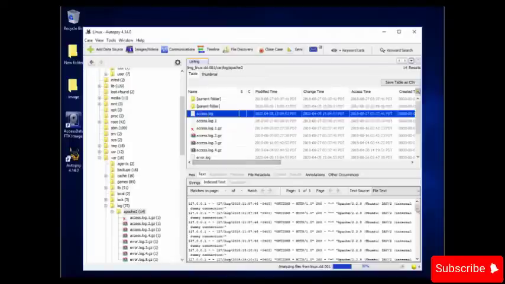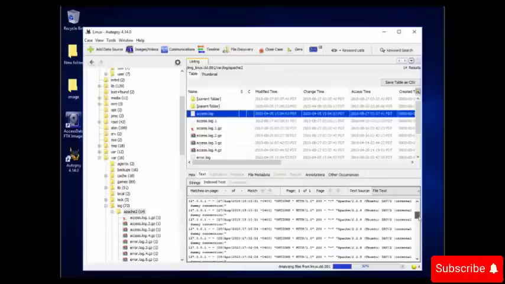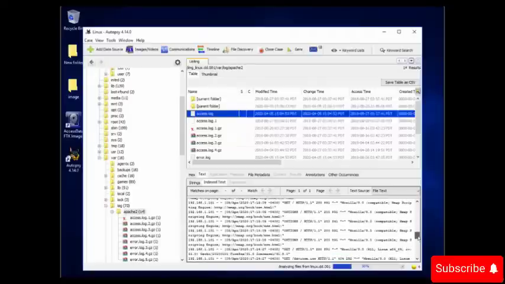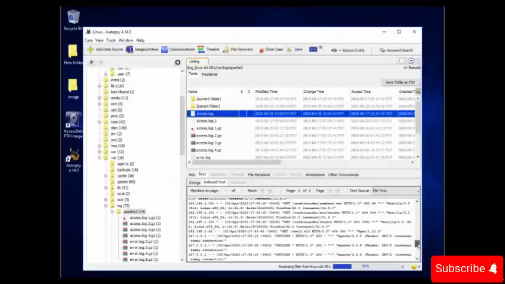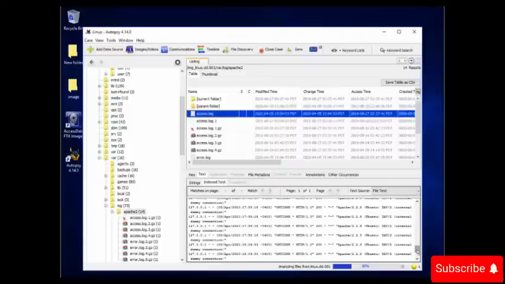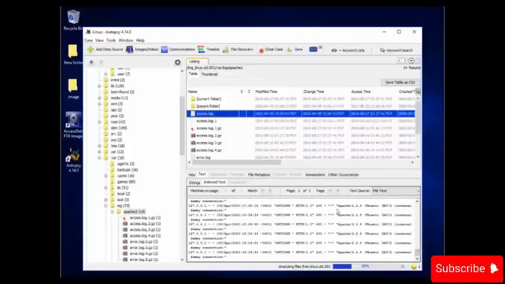Here below, if you scroll down and read it carefully, you will come to know that someone from a different IP address has used nmap. See, it says nmap.org, and this is the IP address from which the attackers performed the attack. Someone has also accessed the credit card directory, and someone has also accessed the shadow file as well. So we have got a lot of information just by reading the logs.